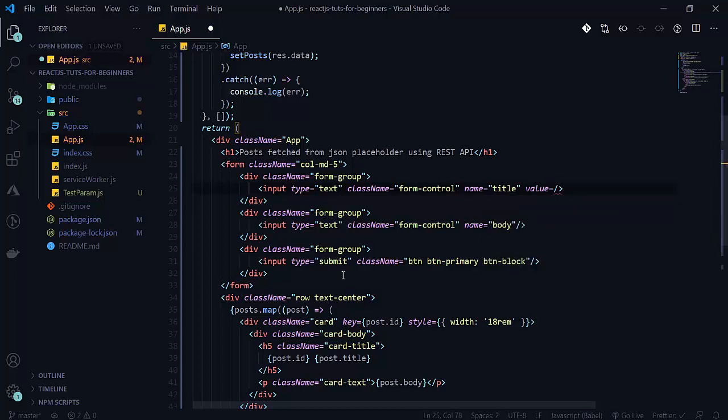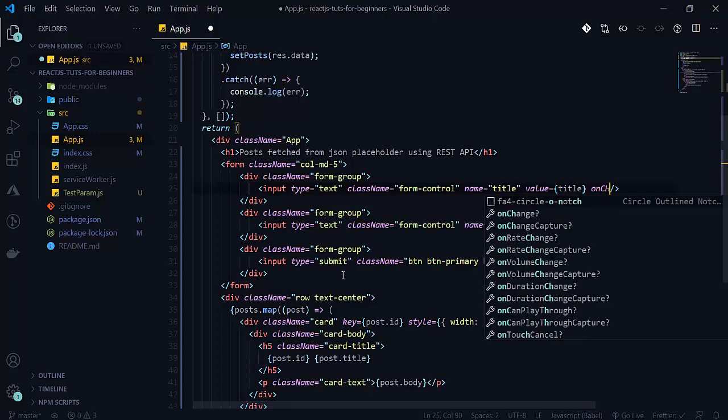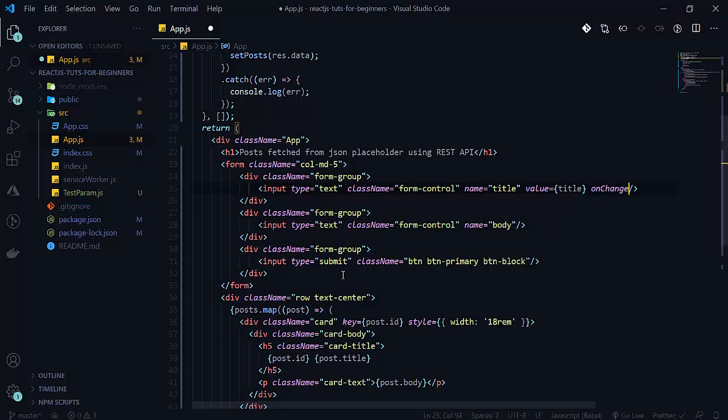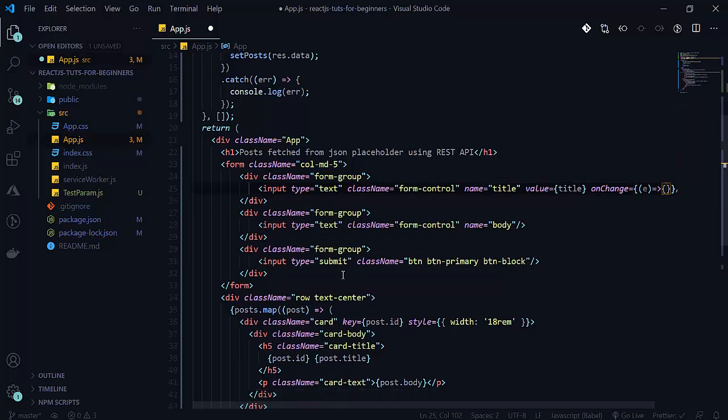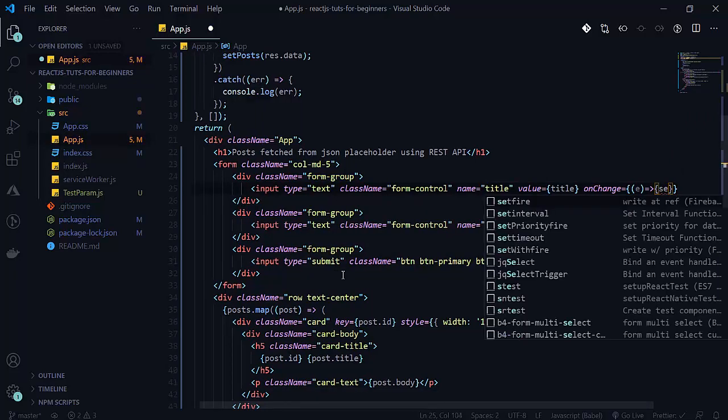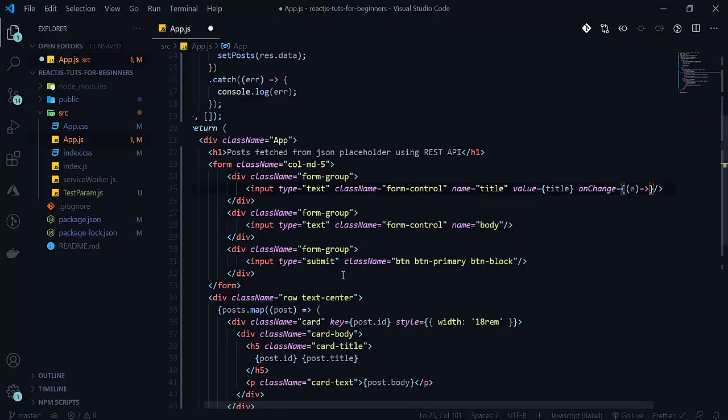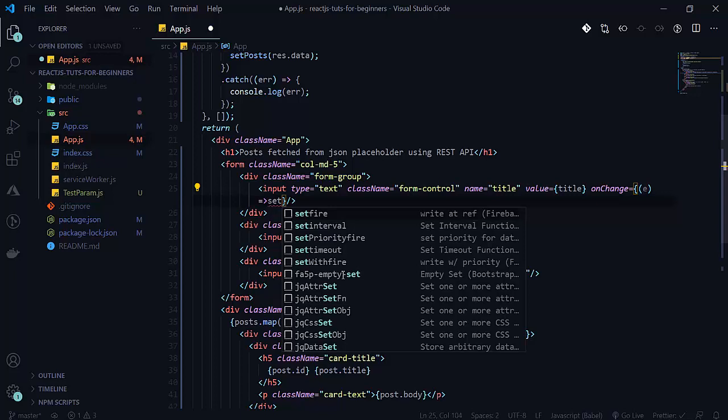So here value will be our title, and then we need an on change event also. So here on change will be an arrow function. We will pass our e here, and we will set our title, that is we will set our state.